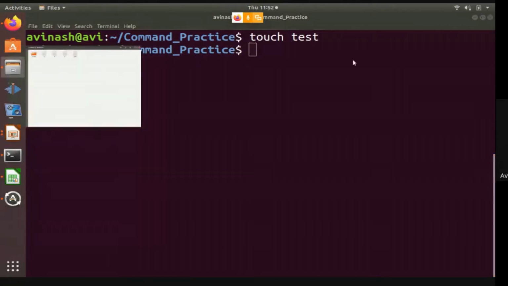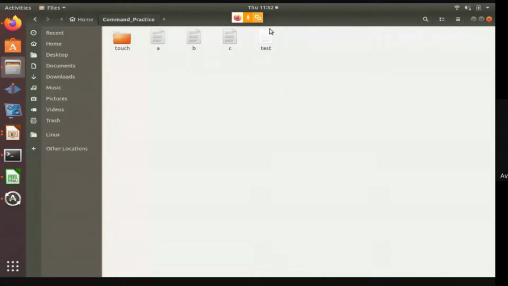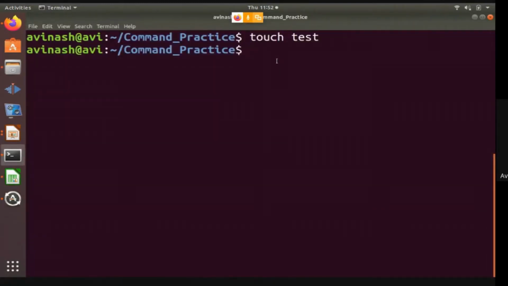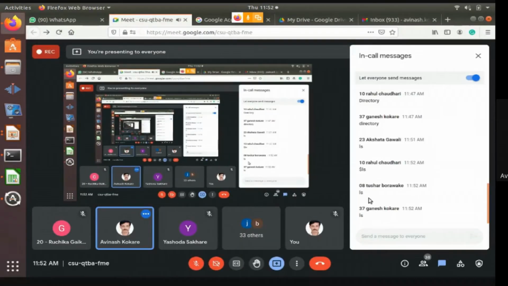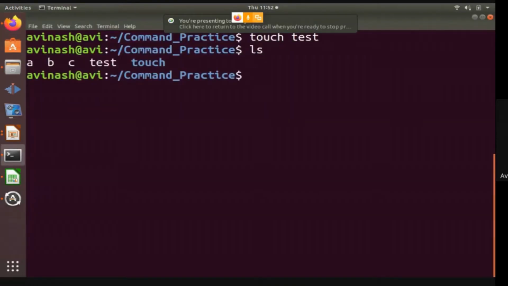I can go in the folder and check, but I want to check at the command prompt only. Yes, exactly. You have to type the ls command. So let us type ls command and check whether the file is created or not. So yes, the file is created here. So by using the touch command, you can create an empty file. There are no contents in these files.